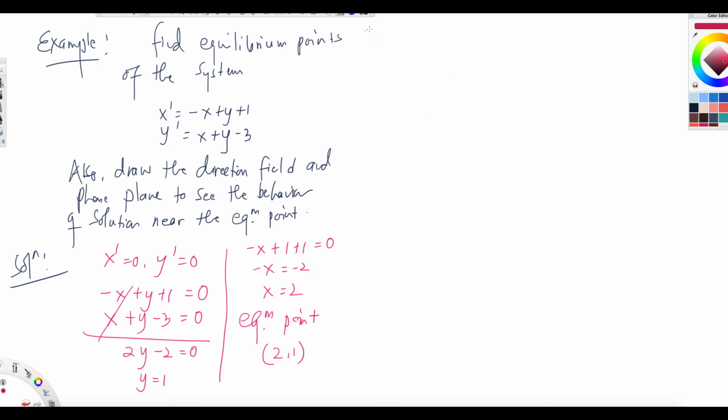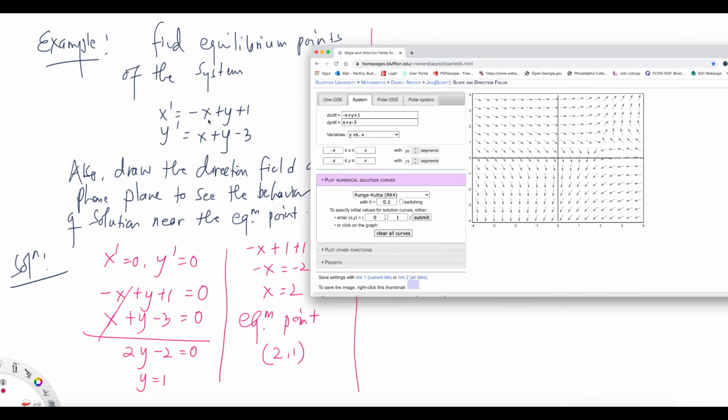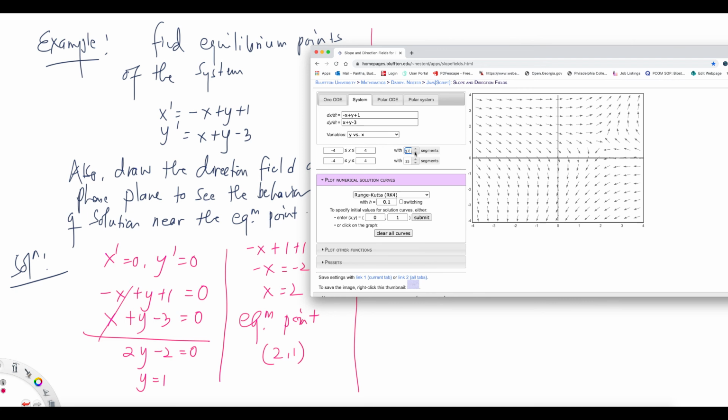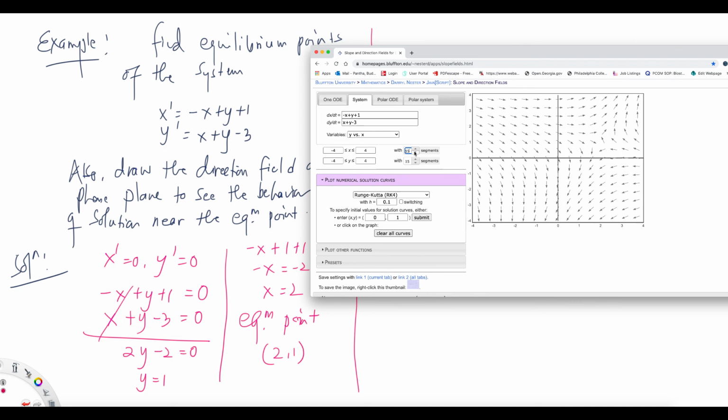Now we want to draw the direction field for this. I want to use the app that I showed you. What I need to do is enter the right side of this and the right side of that one. The right side of the first equation is negative x plus y plus 1, and the right side of this equation is x plus y minus 3. Now if you enter that and set the x max and x min, y max and y min, you can pick an equal number of arrows. So what do you think? You get this